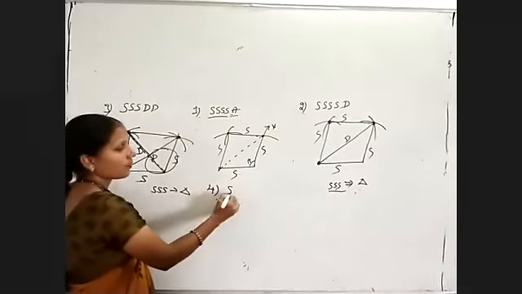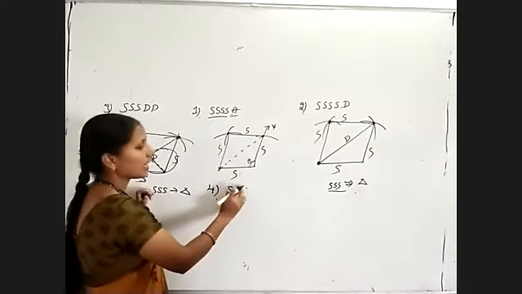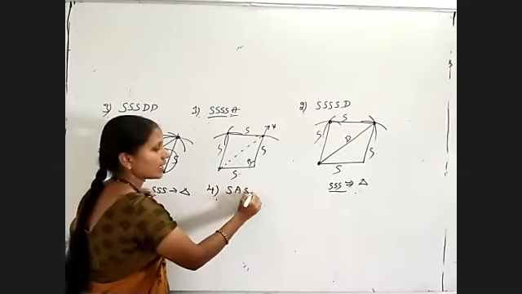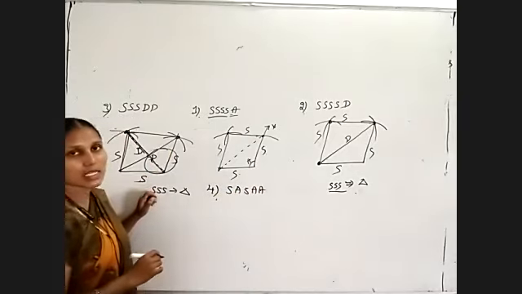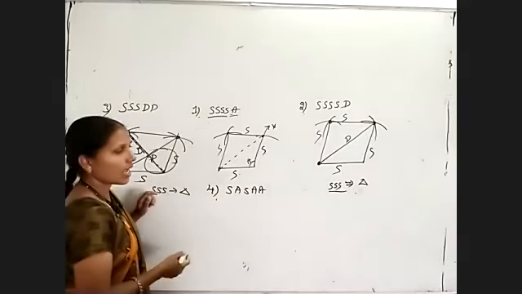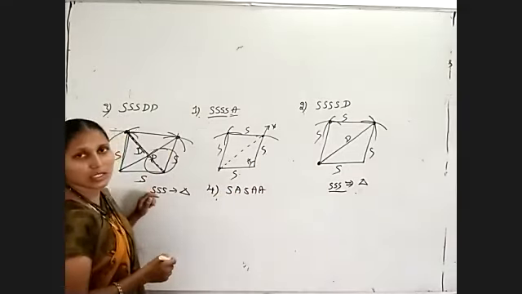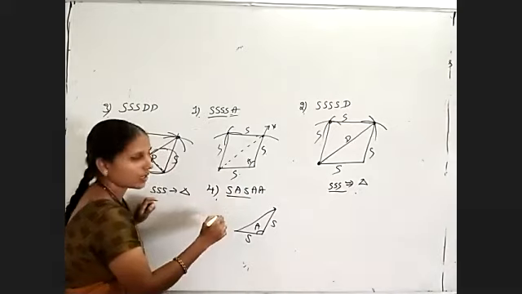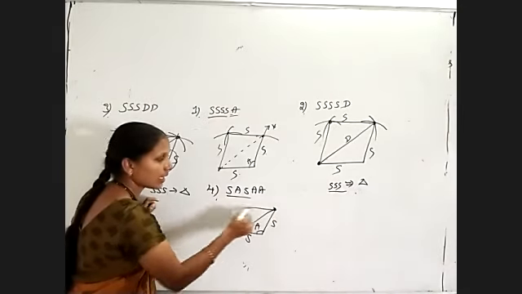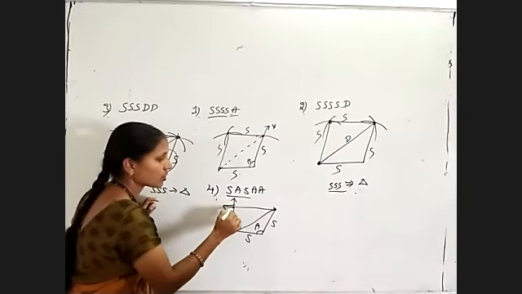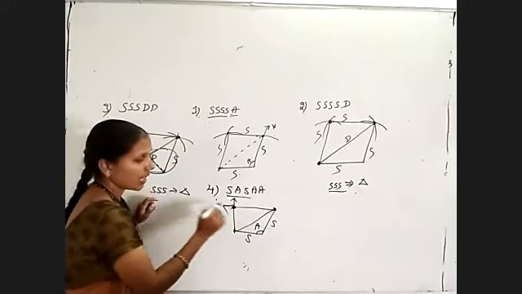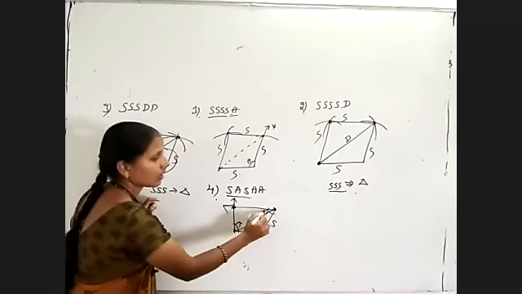And when side, angle, side, angle, angle is given, how to construct in this case? Already several angles we are getting. First of all, construct the side, angle, side triangle. Now we will get three vertices. To get the fourth vertex, we use the angle. So this angle and this angle we must use to get the fourth vertex.